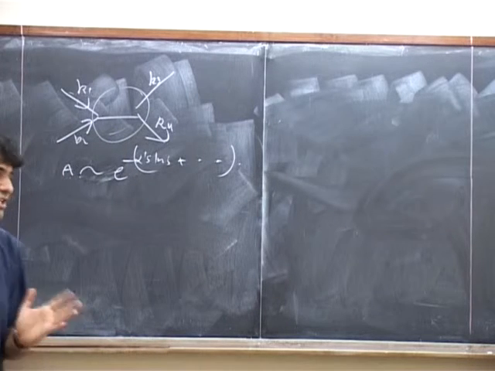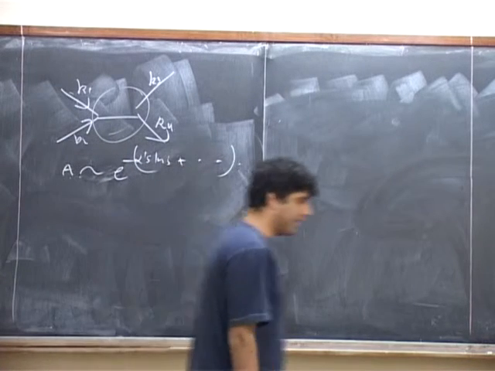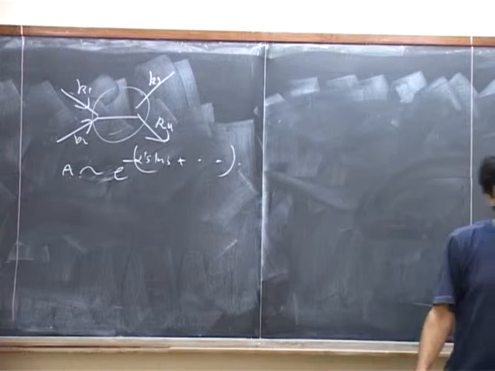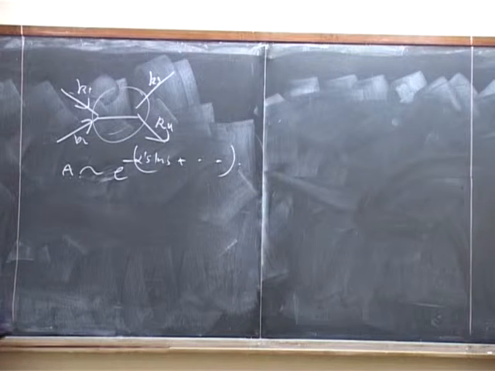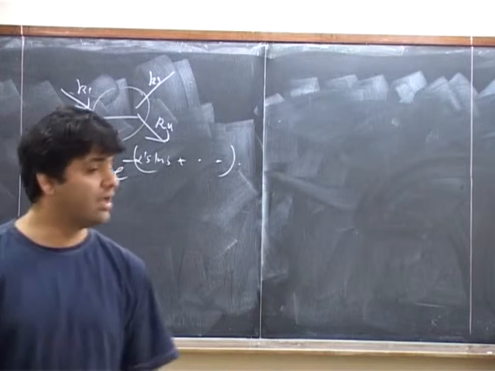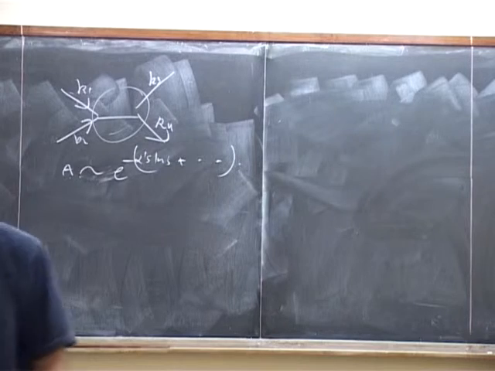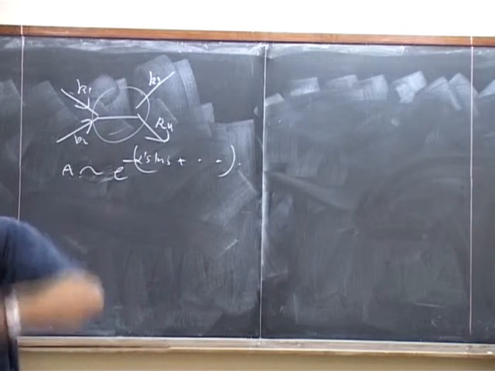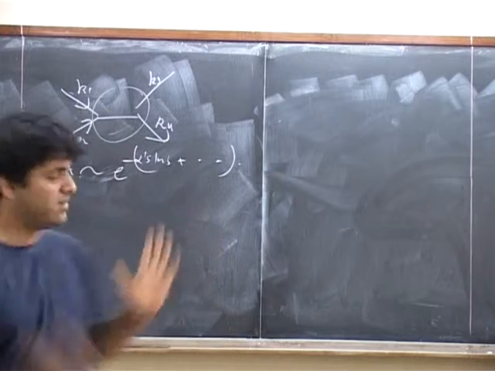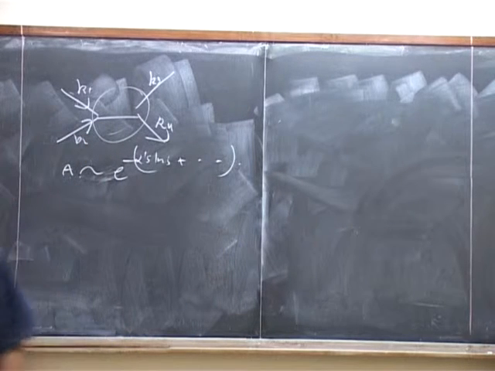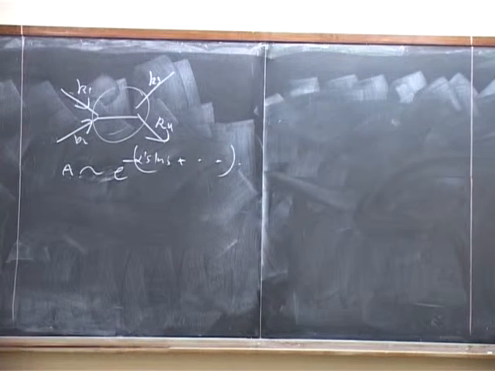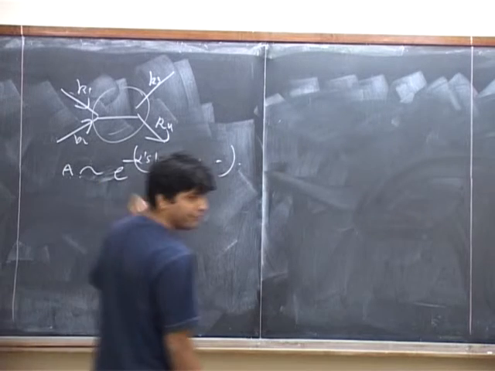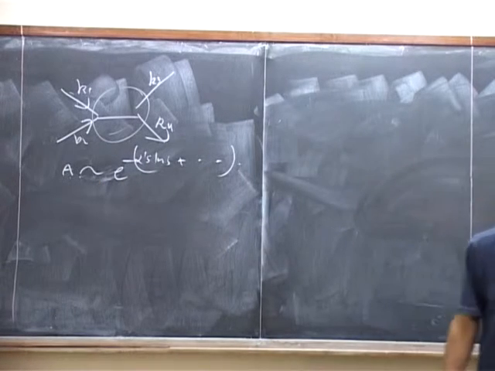Why is that? It's just because the effective gravitational coupling constant has powers of the energy in the numerator. You see, the gravity theory is a 2-derivative theory. Every interaction occurs with 2 derivatives. So with every interaction vertex you have 2 powers of k. So in this diagram you have 4 powers of k, and the whole thing will become very large at high energies. So this result is very different from the result that you get in gravity.